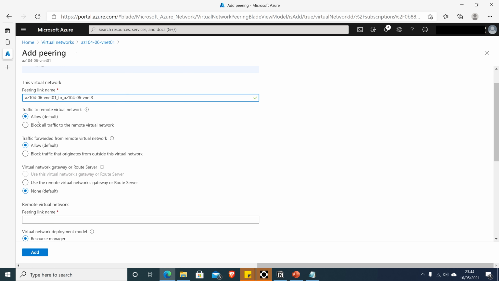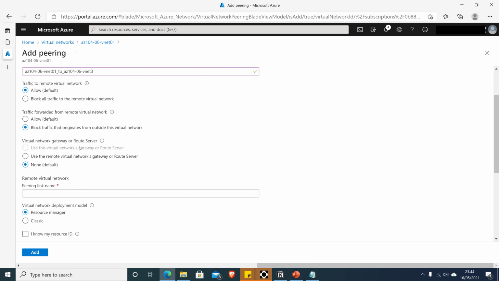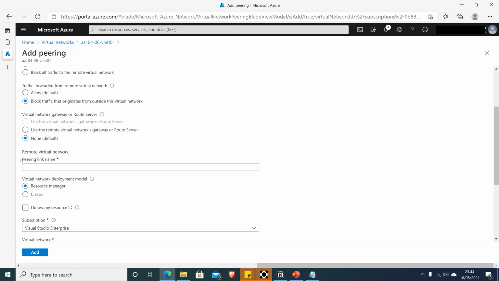Okay, and this one, the traffic to remote virtual network allow, and traffic forwarding, that one I'll set to block. And for the gateway, I'll set as none. And for the remote virtual network, I'll give that one a name as